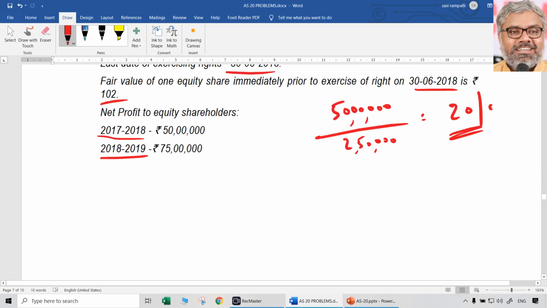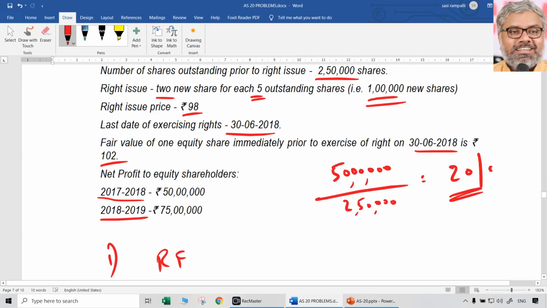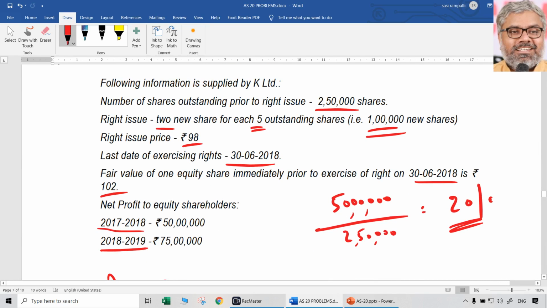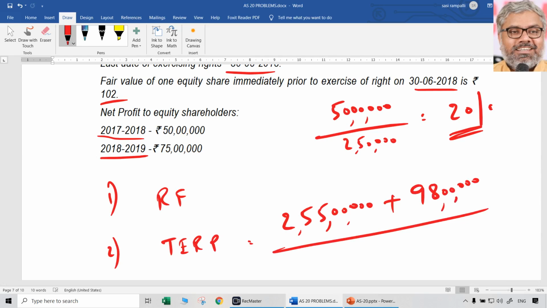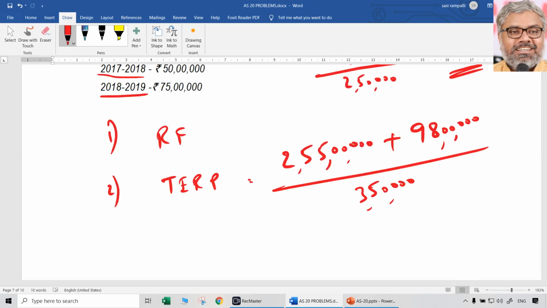Now to restate it and to calculate basic EPS of 18-19, we need 2 things. One is the rights factor, and for that we need the theoretical ex-rights price. What is the theoretical ex-rights price? Aggregate fair value of the shares immediately prior to the rights issue: 2,50,000 shares into 102 is 2 crores 55 lakhs. That is the market capitalization prior to the rights issue, plus rights issue proceeds: 1 lakh shares at 98 rupees means 98 lakhs, divided by total number of shares including the rights issue, 2.5 lakhs plus 1 lakh, that is 3,50,000 shares. So 2 crore 55 lakhs plus 98 lakhs divided by 3,50,000 is approximately